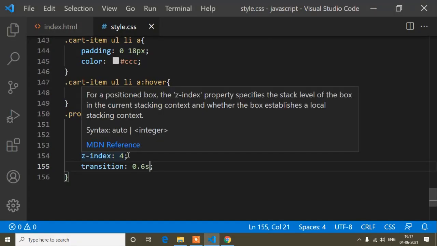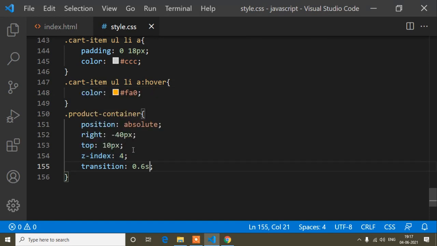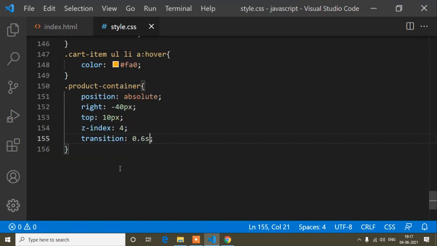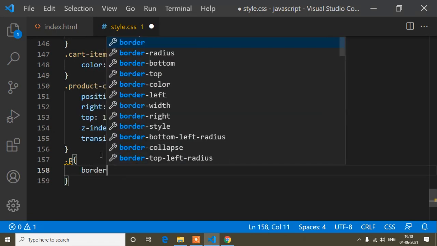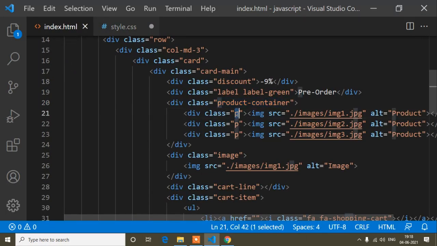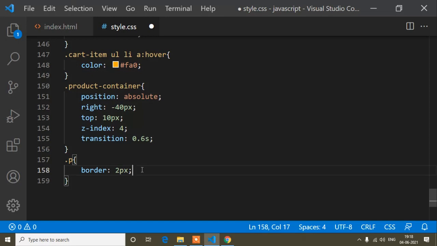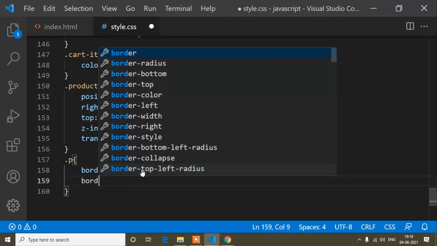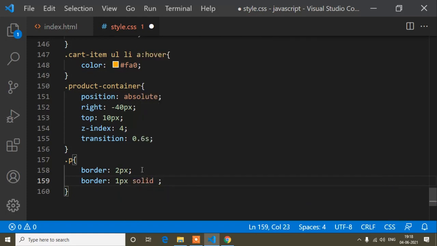Now I will do one thing. Here first of all I will write the p tag. The p tag means the one I will show, this one. So the p tag border is 1 pixel solid, and the color code is RGB 233, 233, 233.